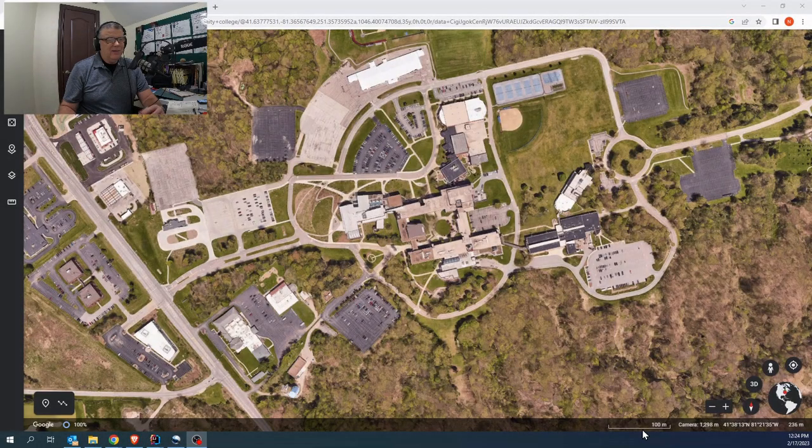So let me jump up to my screen here. This is a Google Earth view of Lakeland Community College. And we can begin to use the metaphor, but more in reality, this is how we'd actually program. If you look around the campus, we have parking lots. All over campus, we have parking lots. And if I zoom into any one of these parking lots real quickly,